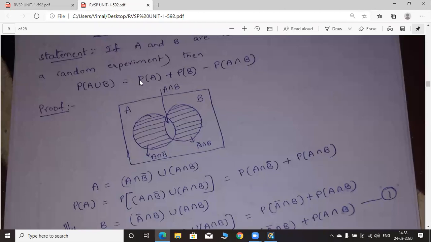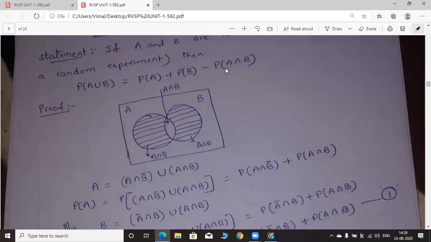This can be written as P of A plus P of B. That means probability of A plus probability of B. That means first circle and second circle, we have added the corresponding probabilities P of A plus P of B. So from those two circles, we have to subtract probability of A intersection B, because this is covered two times. While considering the first circle also, this common portion is covered. While considering the second circle also, this common portion is covered. So this common portion or common elements are covered twice. That's why you have to subtract the common portion once.